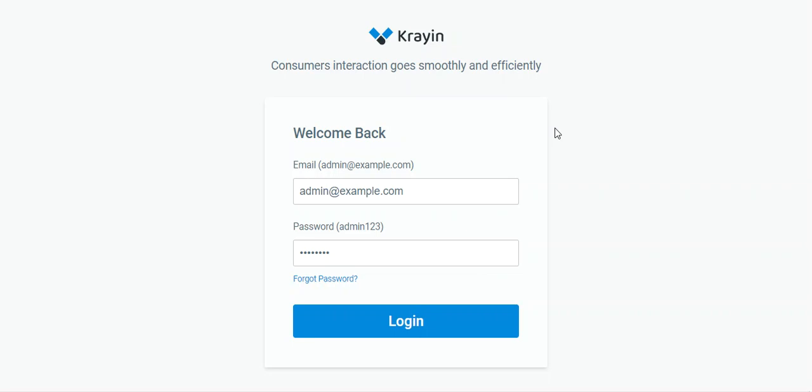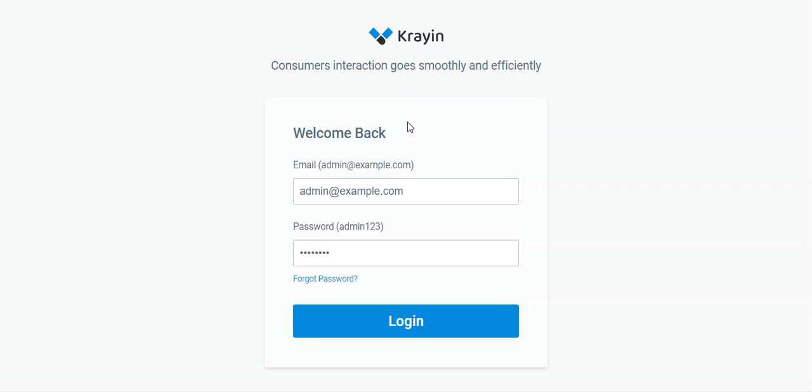Now, the attributes are an important part as they let you capture more relevant information about your leads, persons, organizations, and much more. So, you'll be able to create multiple types of attributes there, and you can assign them to your leads, persons, organizations, and much more sections there. So let's check out how to add the attributes from the admin backend panel